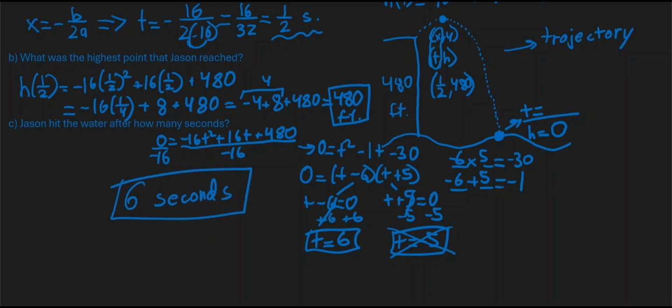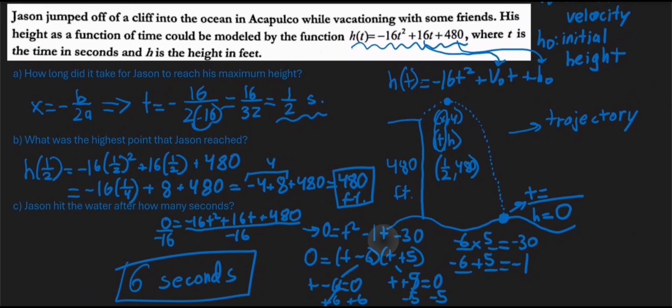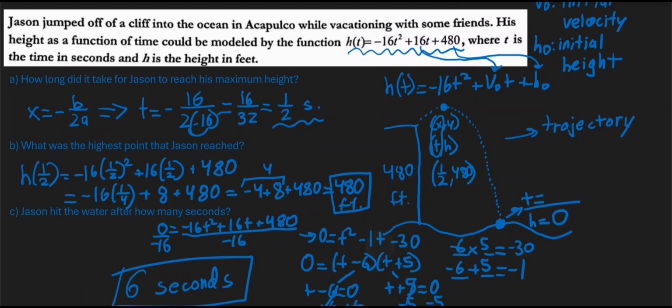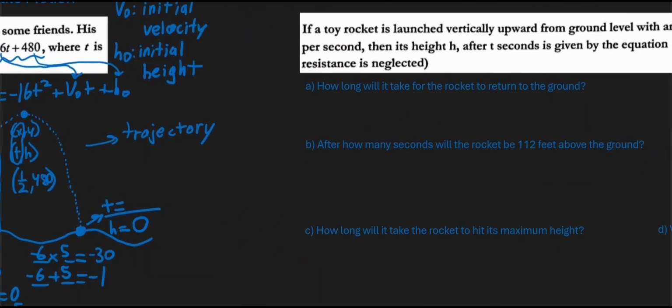All right, so projectile motion word problems with quadratics are a combination of knowing how to get the vertex of a parabola and solving quadratics. That's number one. So let's move on to number two,